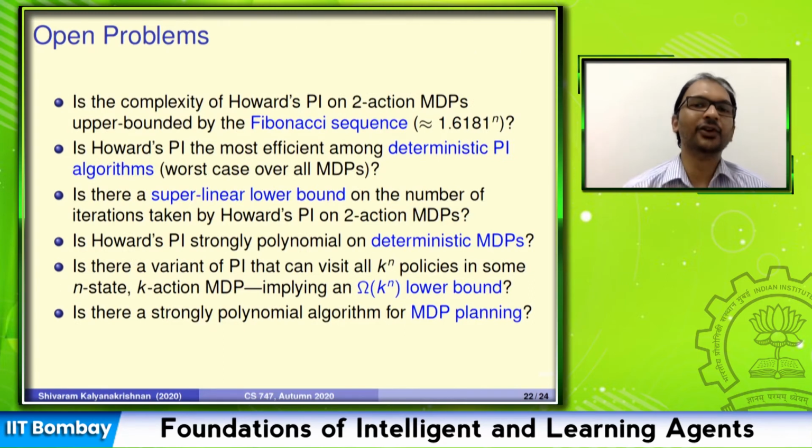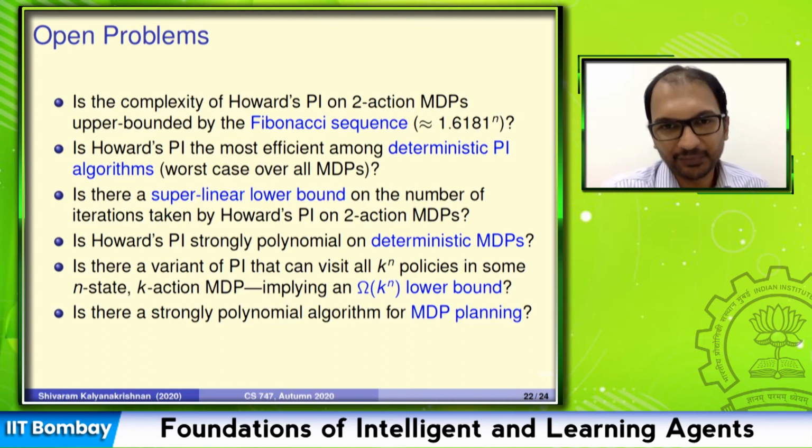All right, good. At the end of this, based on my own understanding of policy iteration and the analysis, there are a number of unresolved questions. You probably won't be able to appreciate where these things are coming from right now, but just take it from me that they arise naturally from the analysis that has gone into the papers I showed you. Let me just list these out. If you're interested, I'm happy to talk more.